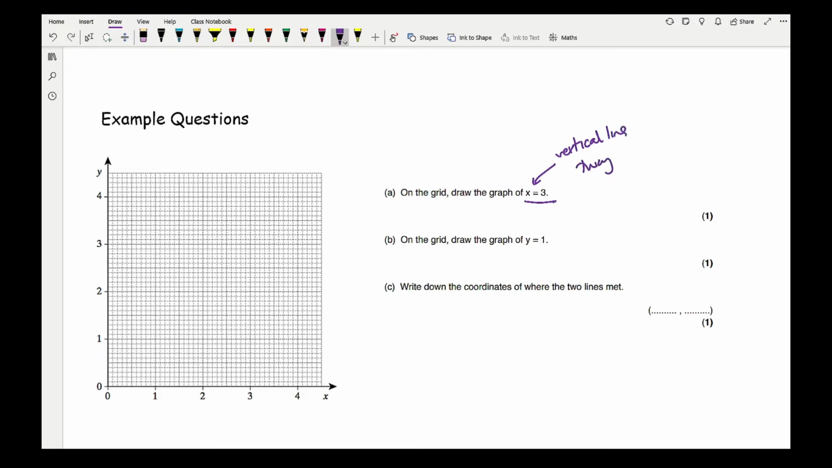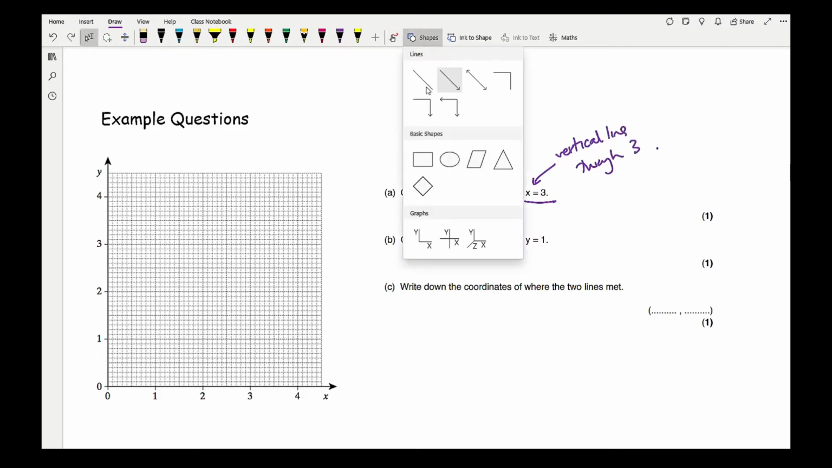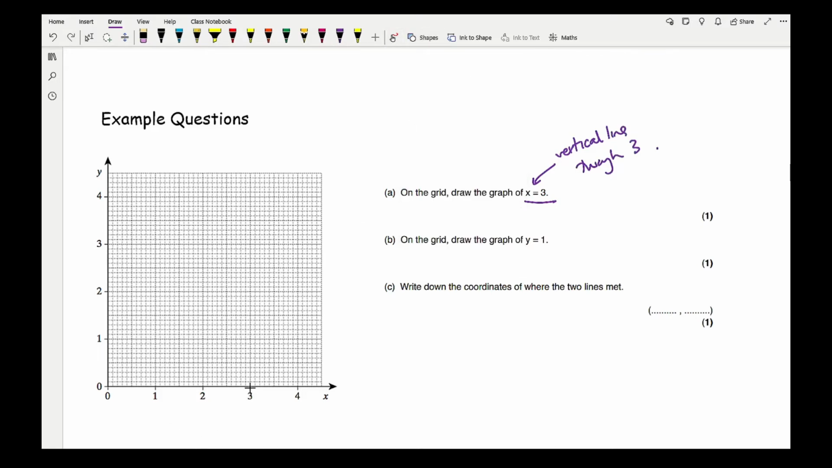So what I need to do is get my ruler or a straight edge, and I'm going to draw a straight line through 3 and a vertical line at that. Now like I said, it's always good practice for you to extend your line beyond that, so I can then label this as x equals 3. Then for the next line, which I'll do in green, y equals a number, well that's going to be a horizontal line through